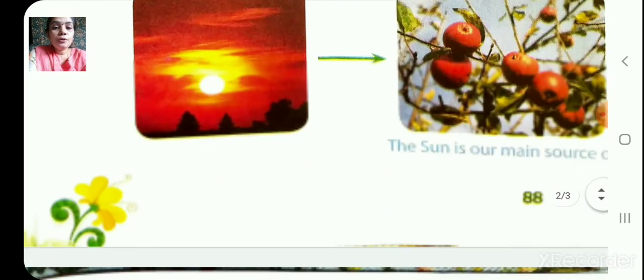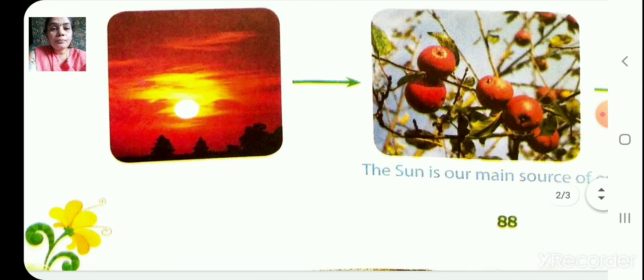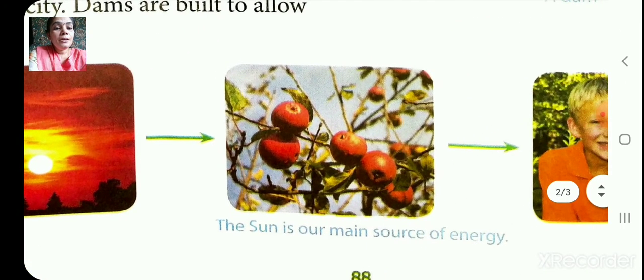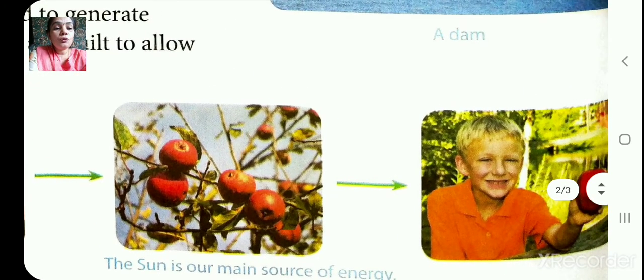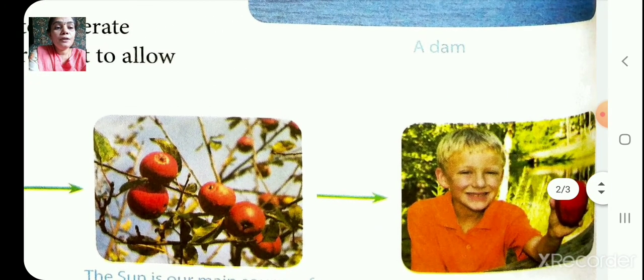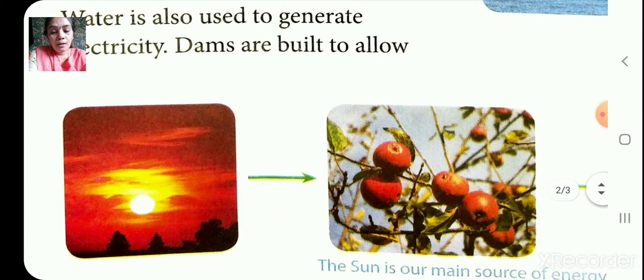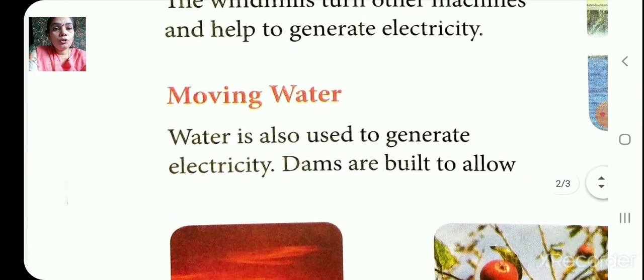So you can see this picture here. Here is the sun. The sun gives us heat and light energy. The plants use it and make their own food, and so the sun is the main source of energy. We eat the food we get from plants and we get energy. Okay, next we'll move on to